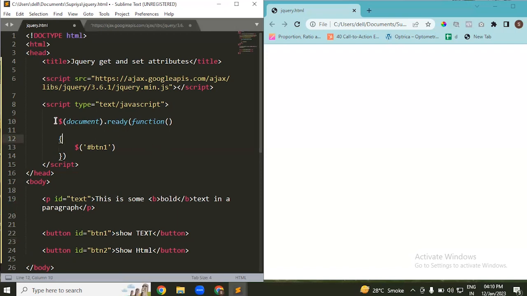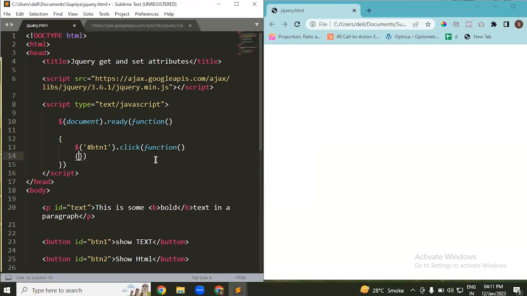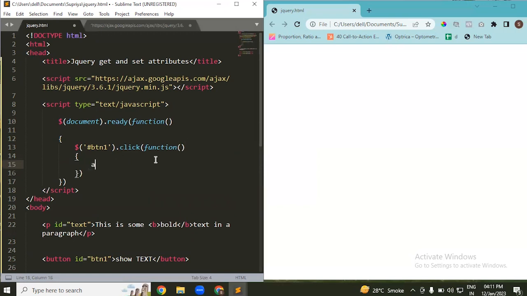We have simply mentioned a document.ready function, which will be working after the particular document has been scanned and is ready for performing. Now, $button dot, what is my action to be done? That is click. I want a click action, and I will provide after action what action should take place. Okay, so on clicking of this button, my button should react as alert,